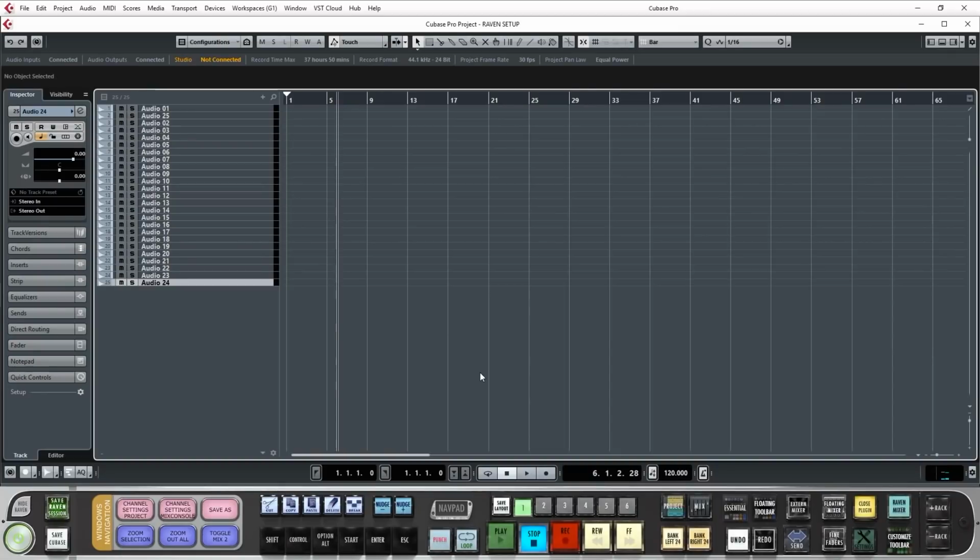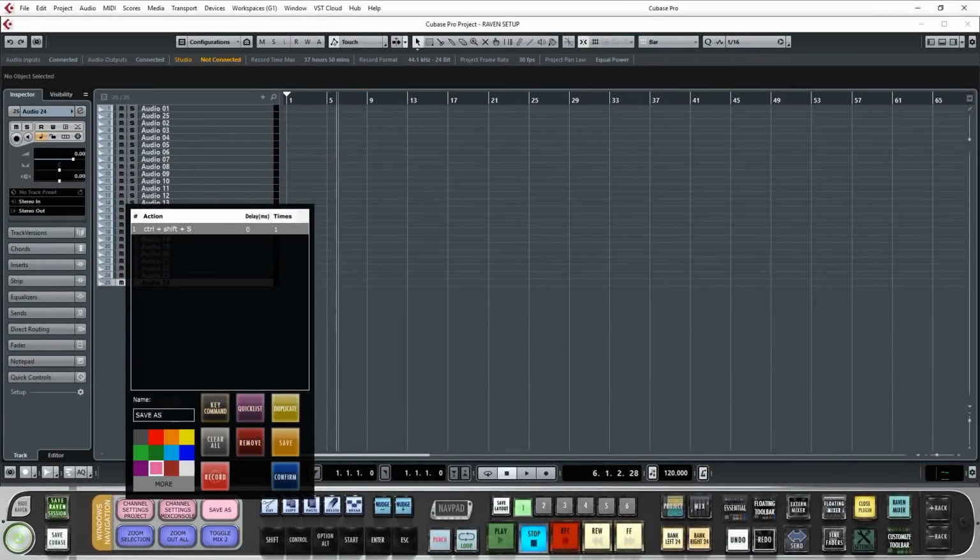To program a batch command, push and hold one of the batch command buttons. If empty, the menu will appear blank. However, if you are overriding a batch command with previous programming, hit the Clear All button in the batch command menu and the button will be ready for programming. To enter a key command, hit the Key Command button on the batch command menu and then enter your desired key command. To the right of the key command on the command line, you can add delay to the key command prior to launch or even add a number of repetitions you would like the command to perform before moving to the next line in the command sequence.